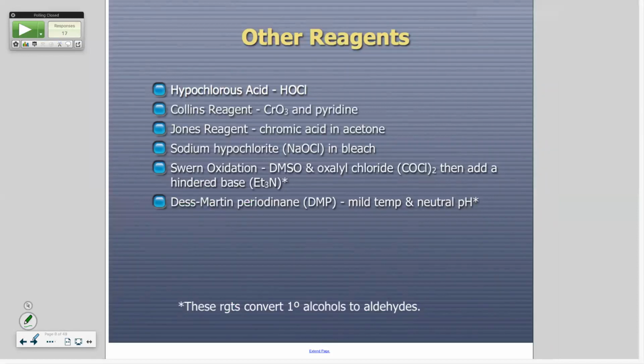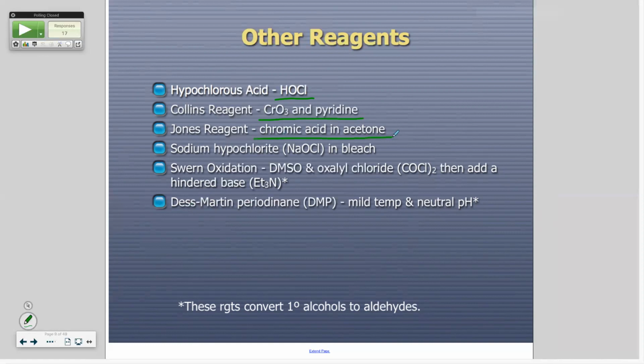Okay. These are some of these other reagents that can be used. One is hypochlorous acid, HOCl. I have not used any of these in my career, okay? But they've all come out. They're all new cool ones, okay? The Collins reagent, they actually throw the pyridine in there and kind of like the PCC thing. Sometimes they'll write Collins reagent or Jones reagent or Swern oxidation on the arrows. So if you're looking at articles, you might run into that, which we will be doing come April.